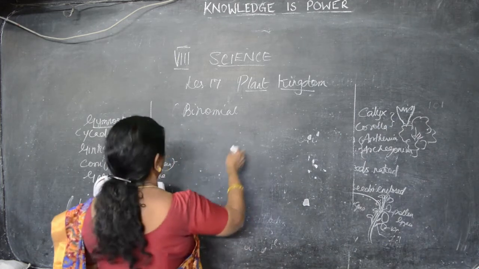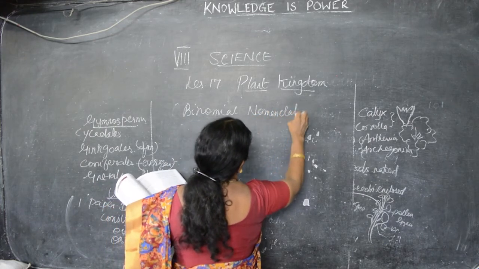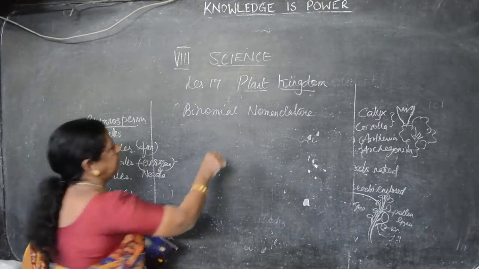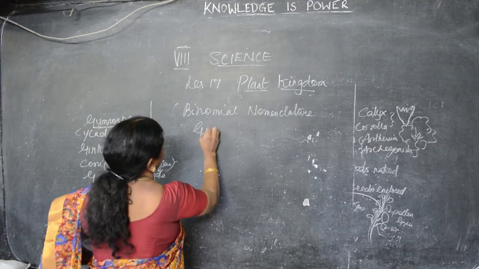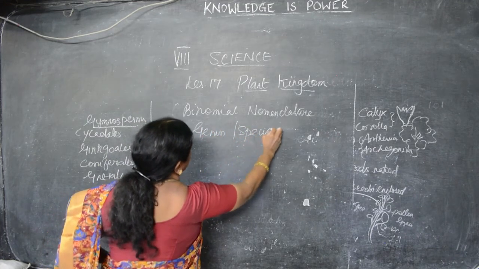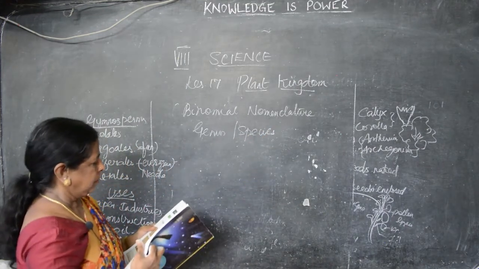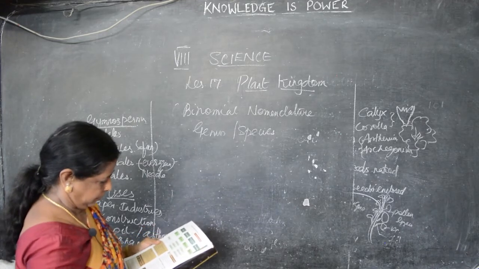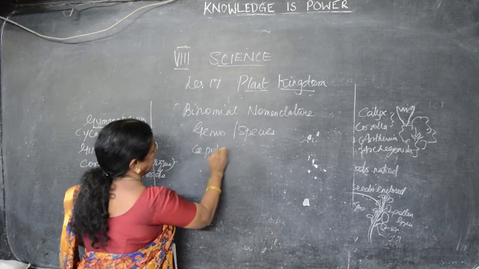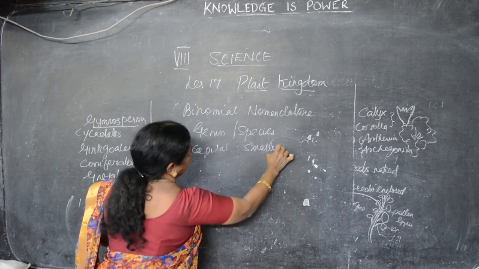Binomial nomenclature. Binomial means two names. We are giving names like that. One is the genus name, the other one is the species name. We write the genus name with a capital letter and the species name in small letters. For example,